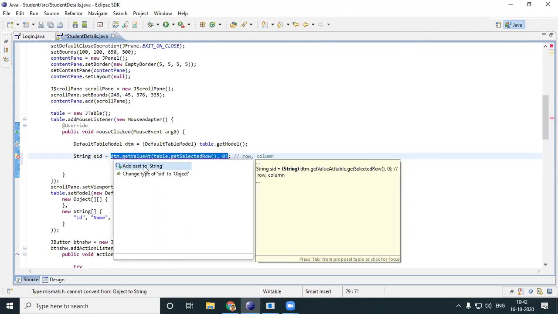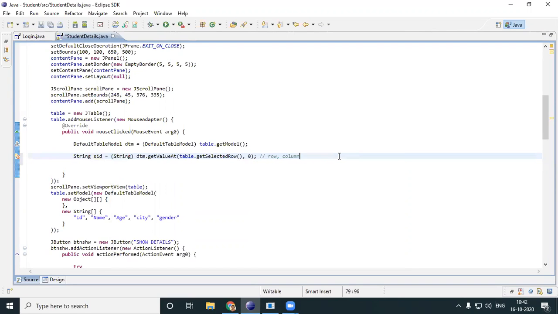Okay. You have to typecast it to string. I got a particular row, the 0th column. Similarly, I get each and every field. Let's say string, what was the second one? Name, right? Okay, I'll just give table SID, table, just to remember all that, is equal to, just copy the same thing.